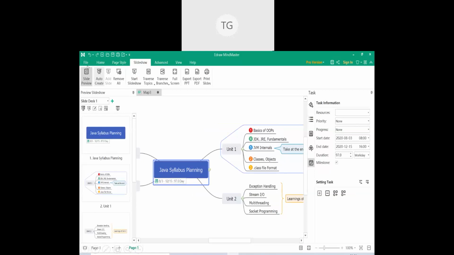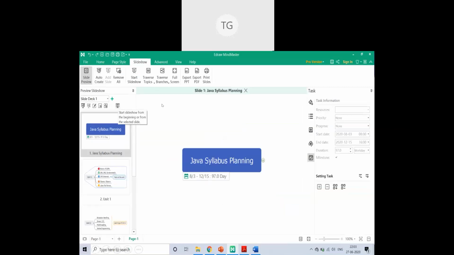Right above in the top ribbon, next to Home, there is a section for slideshow, right? Slideshow can be used in multiple ways. Either you can slideshow the entire topic listing, or you can slideshow branch-wise, or even twig-wise. So all options are available here. I say start slideshow, start from the beginning, the first branch, main branch, and then the sub branches.